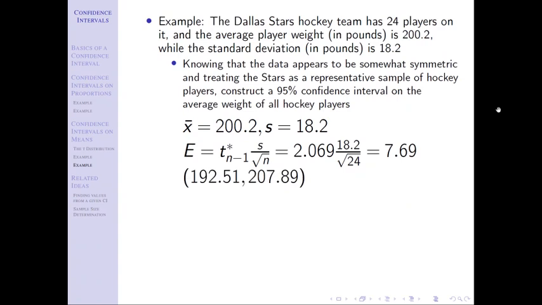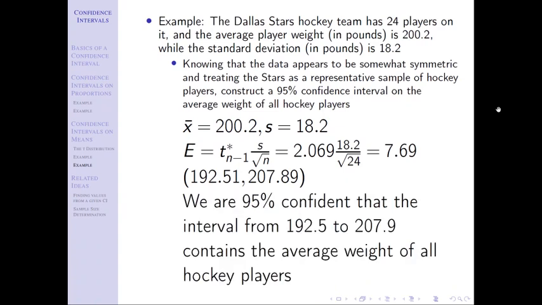As such, then we just have to write our sentence. So we're 95% confident that that interval contains. Notice here what I did. I did a little switcheroo, right? Notice I didn't put the parameter word first. I put it here, right? Doesn't matter where it goes, as long as it goes somewhere in there, as long as it makes sense from an English standpoint. It contains the average. That's the metric we're using. Weight of hockey players. That's the context. And then all. There's my parameter word right there. So you can kind of put it in a couple different places, just as long as it's there and makes sense from an English standpoint.